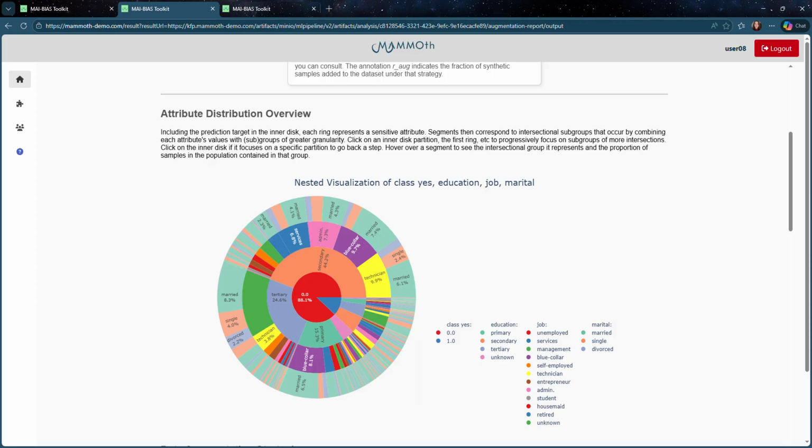For example, subgroups such as students with tertiary education who are single, or housemaids with primary education, appear with a very small proportion in the dataset, as seen in the outer segments of this pie chart. These very small groups may not provide enough data for the model to learn reliable patterns. So we could tell that this is one of our key insights after the inspection.